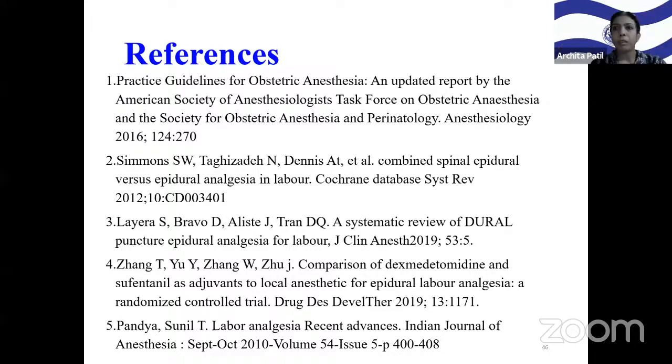Right, ma'am. That is a very good initiative. And since you have been in this field for so many years, your experience is helping all of us to take forward new ideas to our patients. Thank you. I think, Archita, we can go for the next part. That is our case discussion. And I request Professor Dr. Shalu ma'am to kindly proceed further with me. The rest, we can take questions after this case discussion, I think.